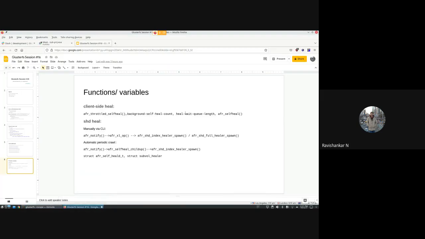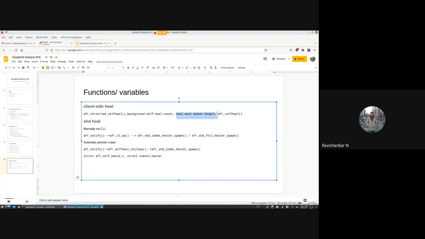One is the heal wait queue length, and the other one is the background self heal count. Background self heal count is the number of background heals that can happen in parallel. And mind you, all of this happens via a separate sync task, so that the actual IO transaction will not be blocked. The self heals will happen in the background.